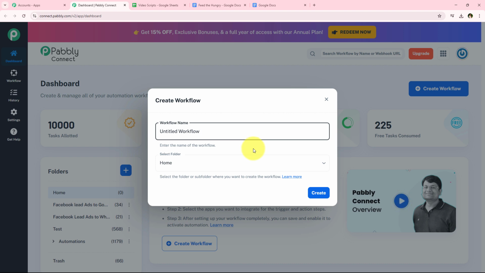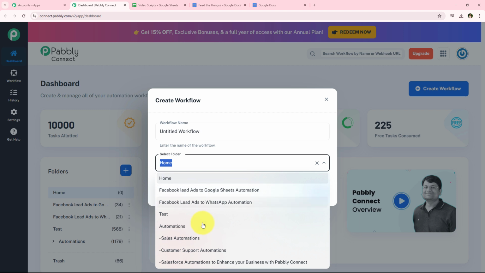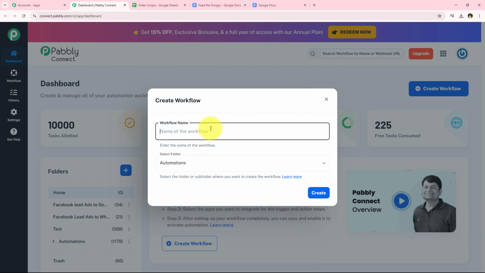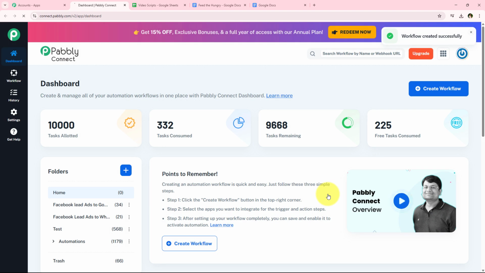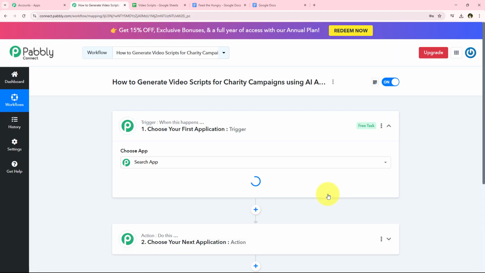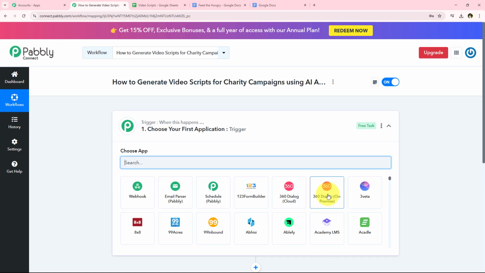So over here I want to save the workflow in this folder which says automations, and I want to name my workflow as this, which says how to generate video scripts for charity campaigns using AI agent. And then we are simply going to click on this create button given right over here, and as soon as we click on this create, it is opening the most important window of our automation, which is our